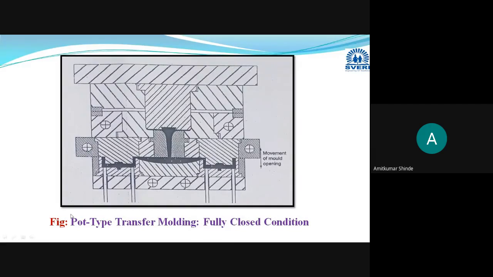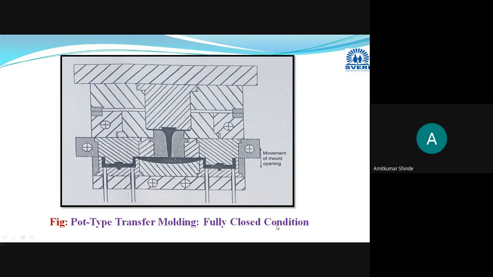Okay, now this is the pot type transfer molding process in the closed condition. Plunger is in the placed position. Material will pass through this sprue and gate runner arrangement. Sometimes only a sprue can be used. Sometimes you can go for a sprue with gate and runner arrangement. Okay, it will be considered as pot type only. In this way, material is transferred from the transfer pot through the sprue, gate and runner arrangement into this mold cavity.